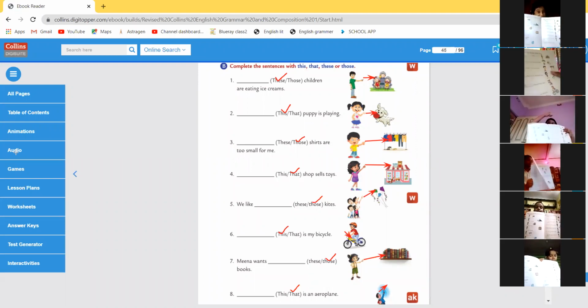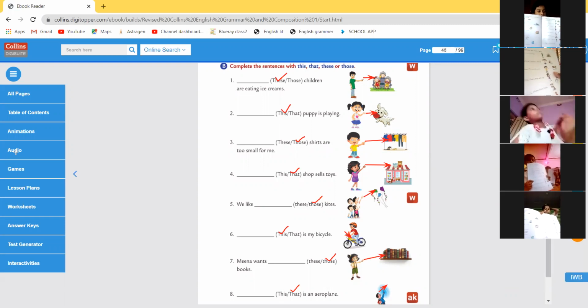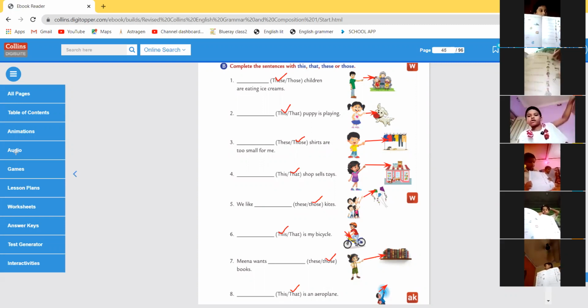Arshinas, you are having food and your mother is showing me the copy. What is going on? This is your class. Do it by yourself. I know you are hungry, but